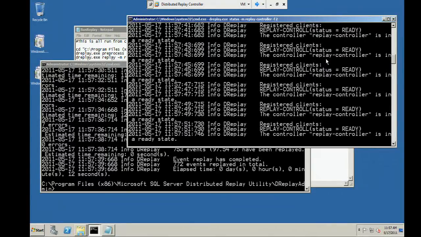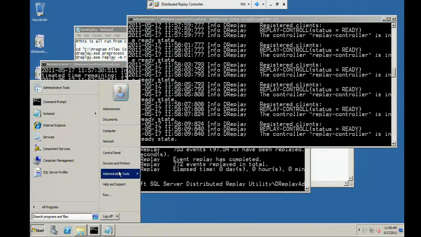If you've got multiple clients that have checked in with the controller, those are all going to show up here as well. Now, one thing to keep in mind is the startup process. When you're starting up all these replay machines, the controller has to start first. So what I did on my machine here, if I look at the services themselves,